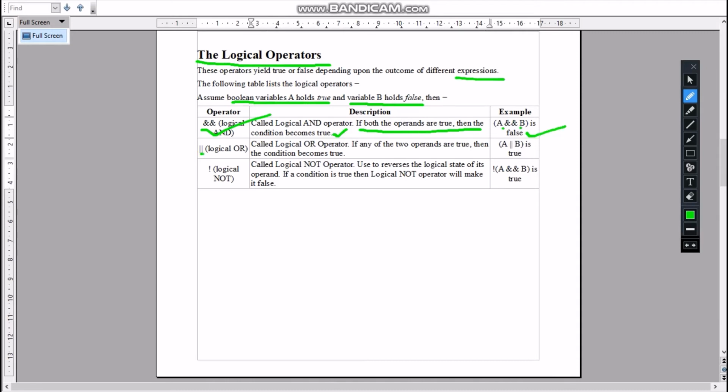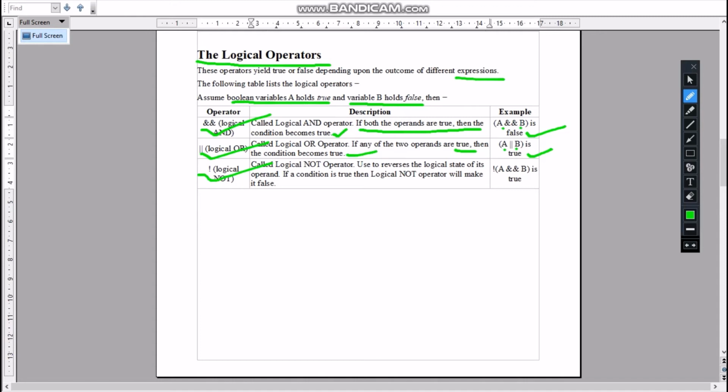Next one is logical OR. Here if any of the two operands is true, then the condition becomes true. Here you can see A is true and B is false. So the outcome is true. Next one is logical NOT.